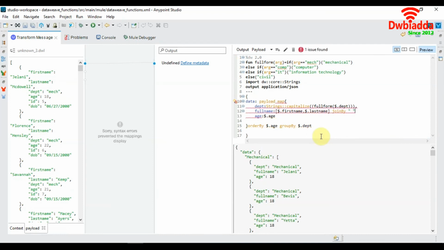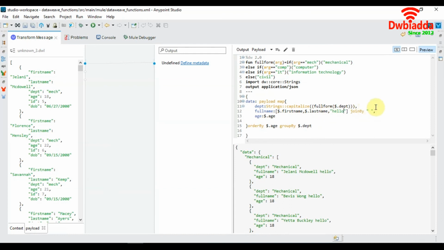Join by is always followed by the separator that will be inserted in between the two strings. So we can join any number of strings with this method. Let's specify another string here. So any number of strings in an array can be joined using join by.